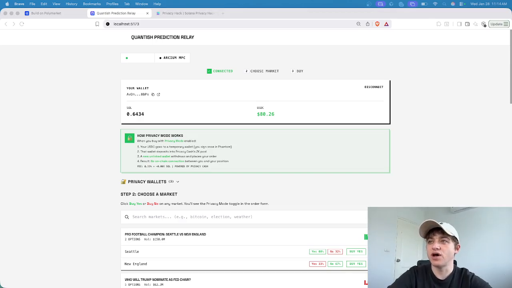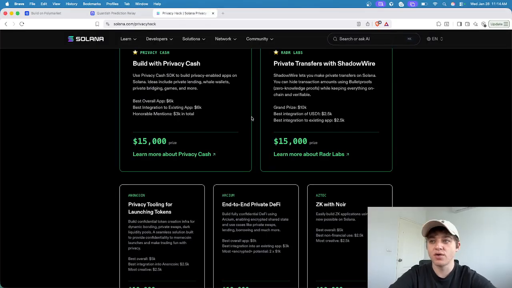All right, so this is the Quantish Prediction Relay. I'm Bosch from Quantish, and we are building privacy solutions for prediction markets. Quantish focuses on building AI agents for prediction markets and aggregating all of the markets in one place from multiple